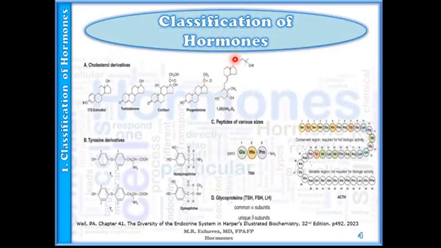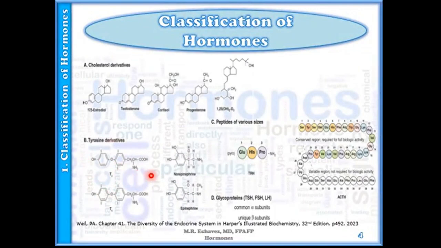So this is vitamin D. It's actually still similar to your cholesterol, except that the B ring is cleaved. Now for your tyrosine derivatives, you have your thyroid hormones and your catecholamines. We know for a fact tyrosine is derived from phenylalanine, which is an amino acid. Later when we discuss the synthesis, we will see how we end up with your catecholamines, likewise with your thyroid hormones.